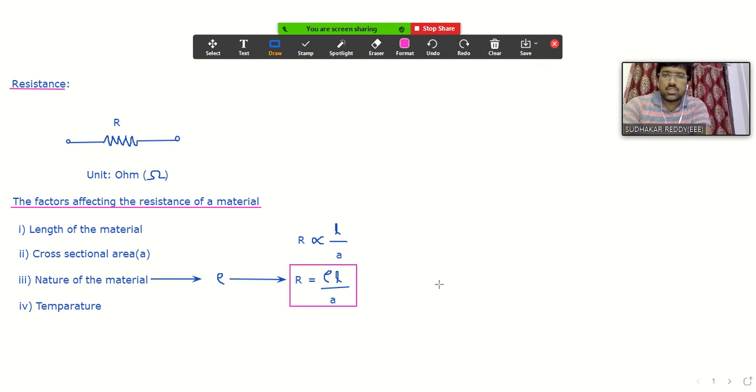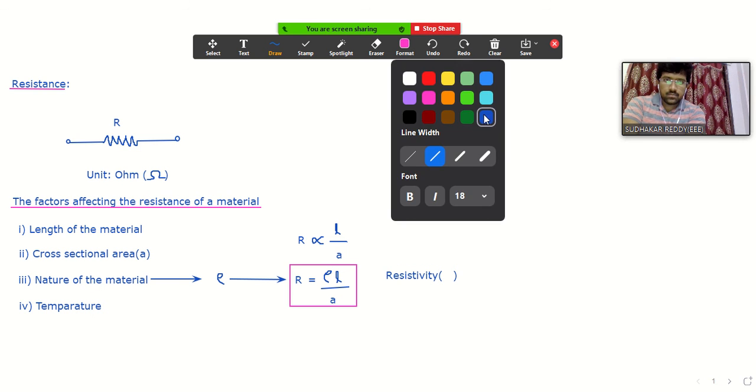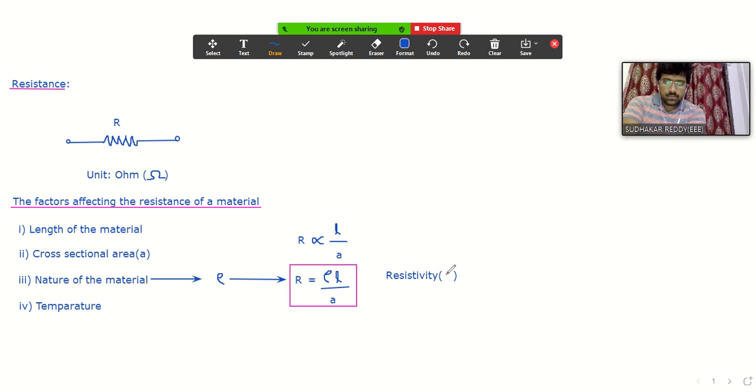So where rho is known as resistivity. Okay, now, it is indicated by rho. So we'll see the units for this resistivity also. It is denoted by the symbol rho,